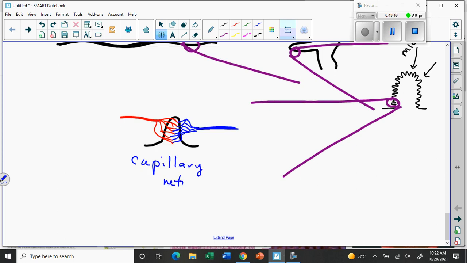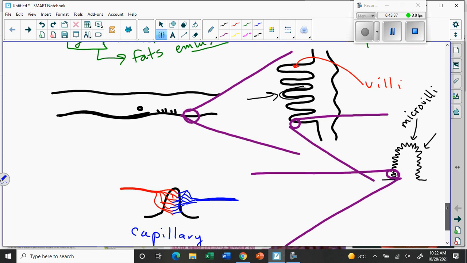So remember, this is almost microscopic. These capillaries, well, they pretty much are microscopic. They are about the size of one blood cell. Blood cells go through them single file, one at a time. And what that means is that any molecules now that are in the intestine are so small that they can